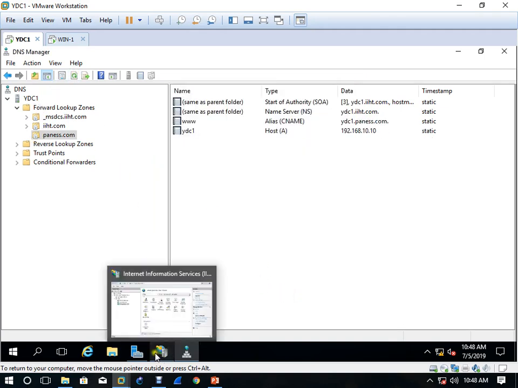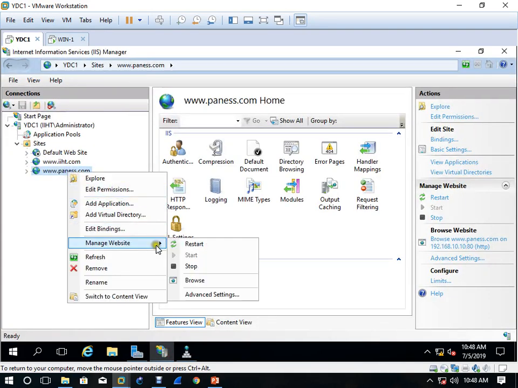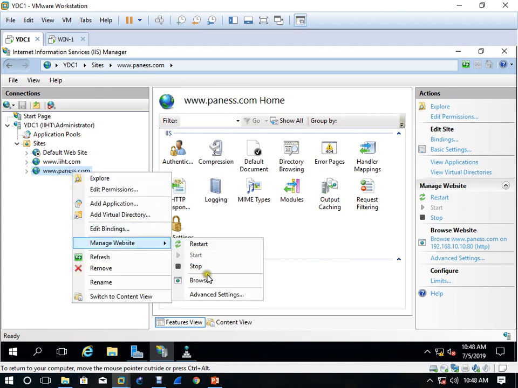After that you come here, manage website, restart, and then browse and check your own first. So come and browse here.